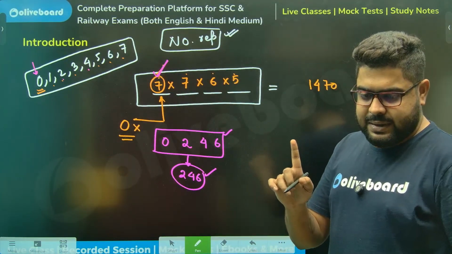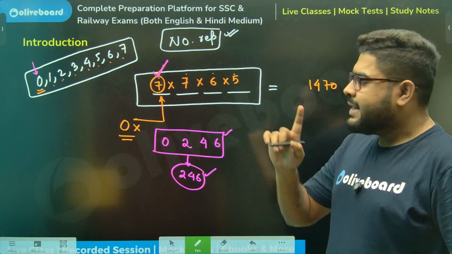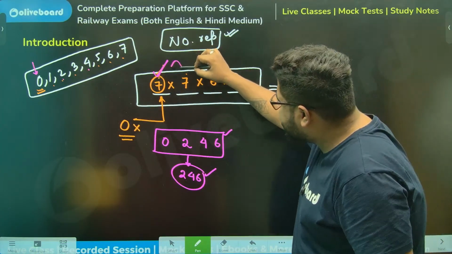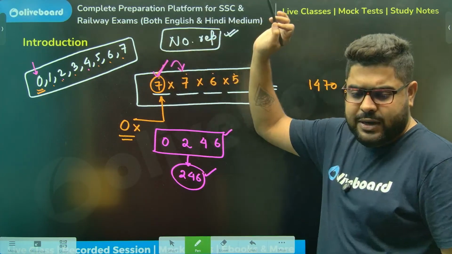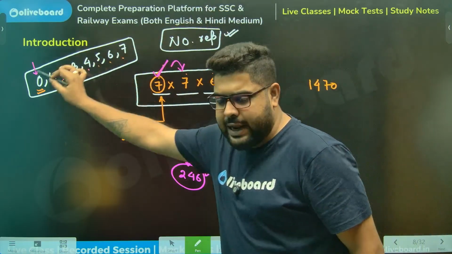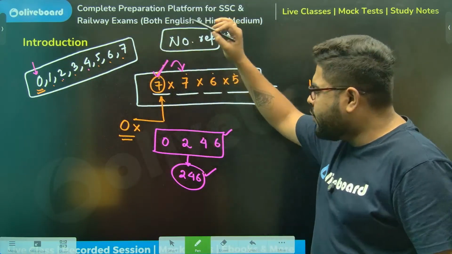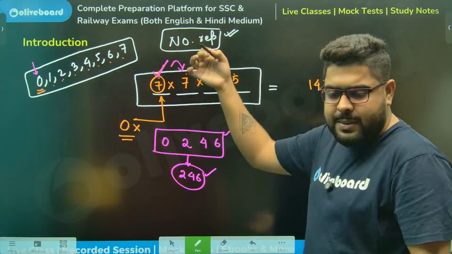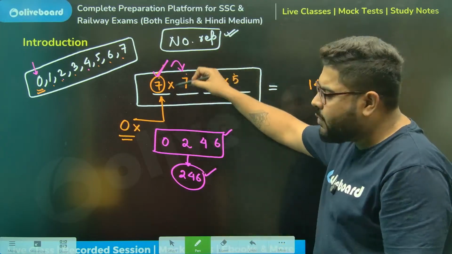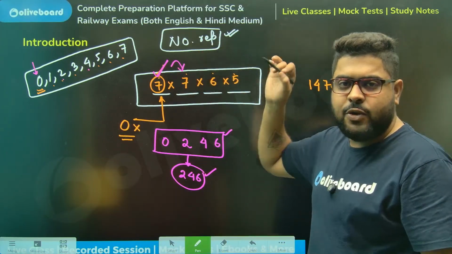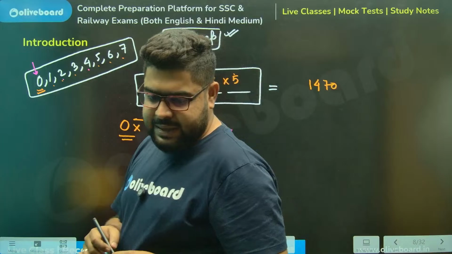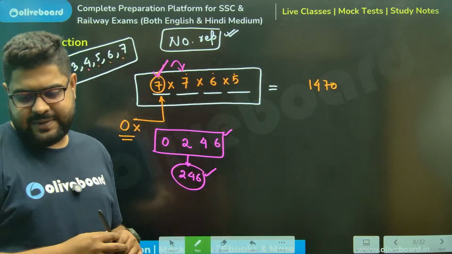Clear? Clear, sir? And now why the next 7? Now here I have all the choices. So I had total 8 choices. Out of that, one number I've put here, I have 7 left. So I'll put any one out of those 7 here. You have all the freedom. Perfect.